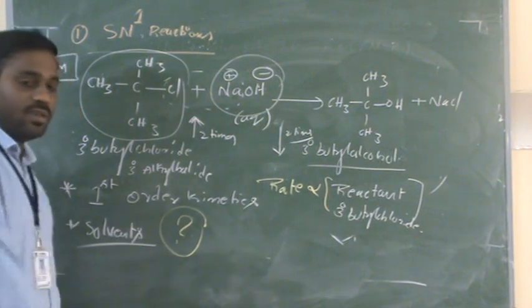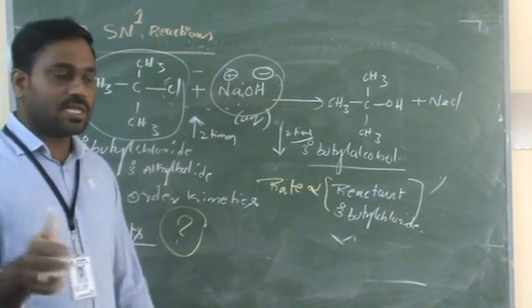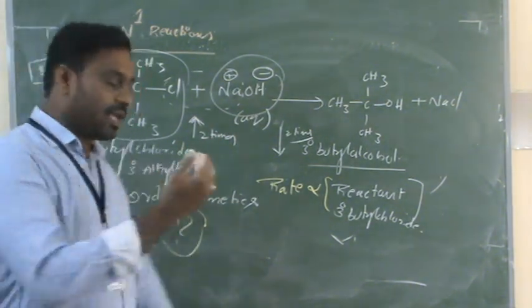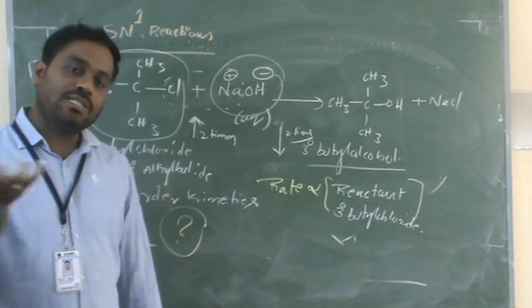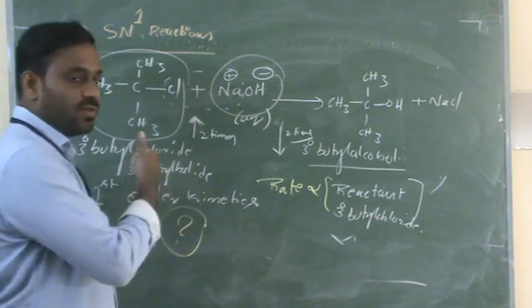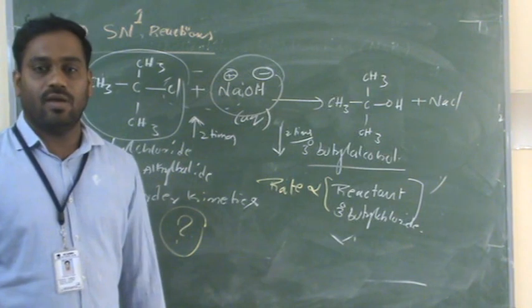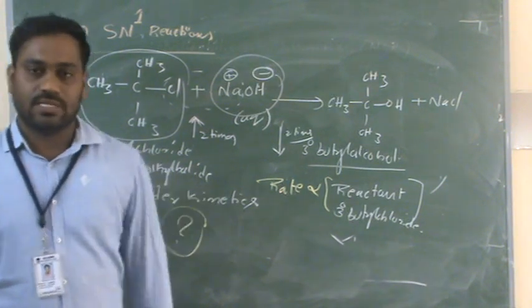What is the mechanism and what is the example? All this we will discuss in the next class. Are you understanding what we are going to discuss next class? What is the mechanism of the SN1 reaction, and what types of solvents are there in organic chemistry? Among all those solvents, which solvents we take in the SN1 reaction and which in the SN2 reaction, all that we will discuss in the next class. Thank you.